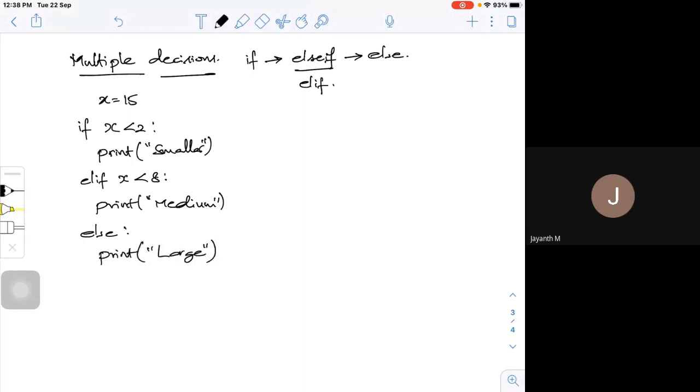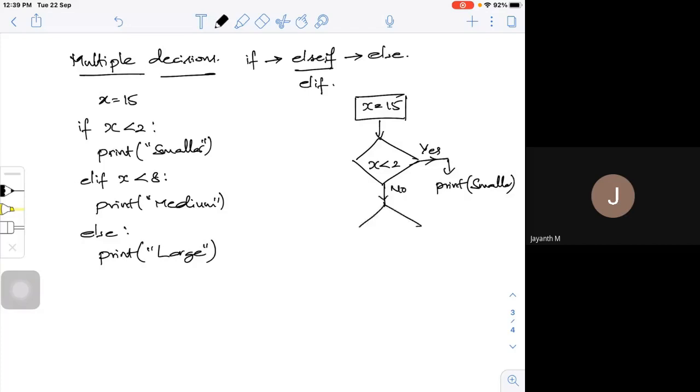If I try to put the same in the flow chart: x is equal to 15, fine. Then it will come to the conditional statement, x is less than 2. If it is yes, it will print smaller. If it is no, the condition is not satisfied, it will go to x is less than 8 and check it.